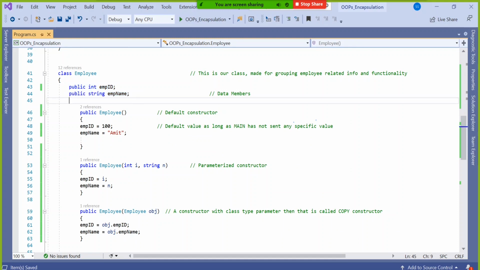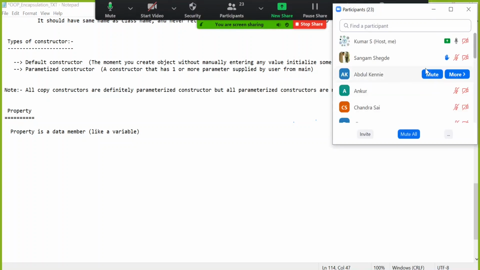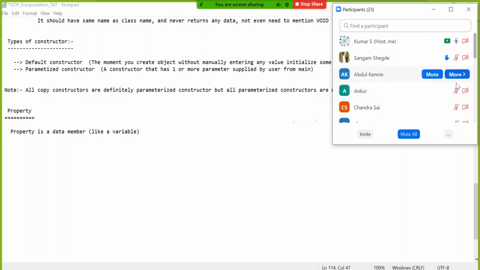So property is also like a variable only, but it helps a private member to be exposed outside. I'll tell you how. So the definition is: property is a data member, of course, like a variable only. The most important concept of encapsulation is property. Carefully listen. Constructors and all are said to be easy.